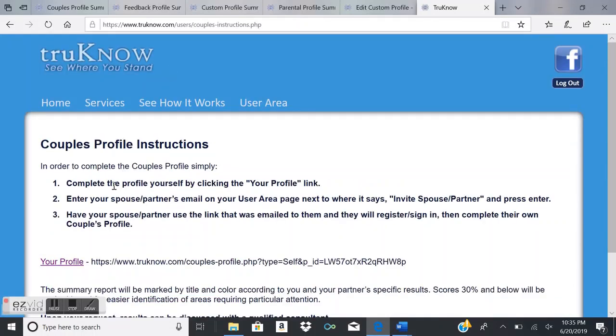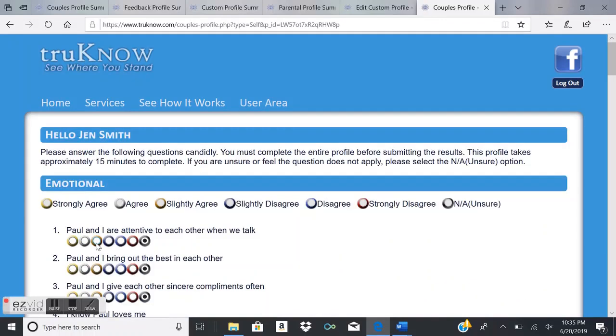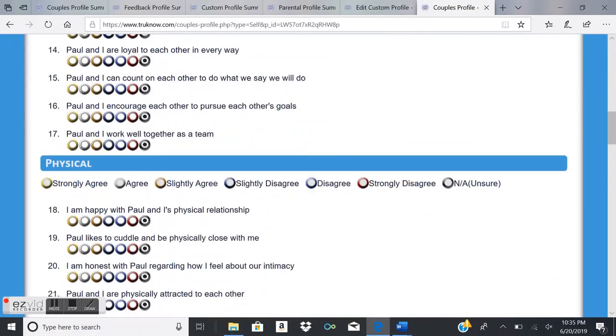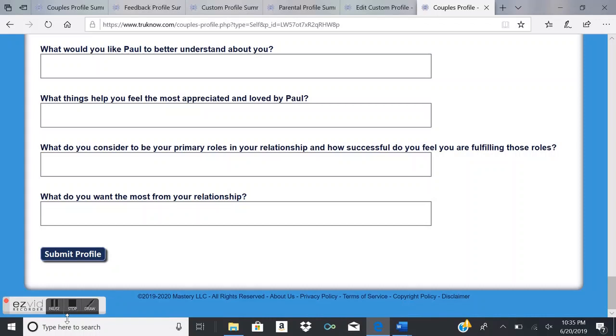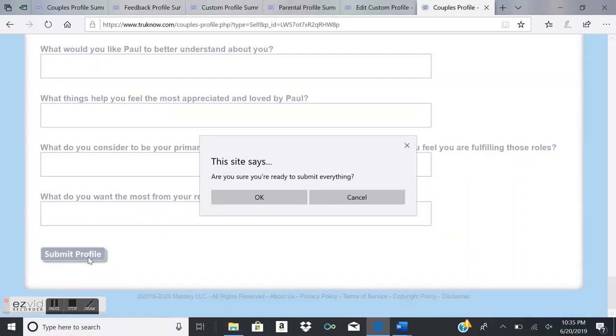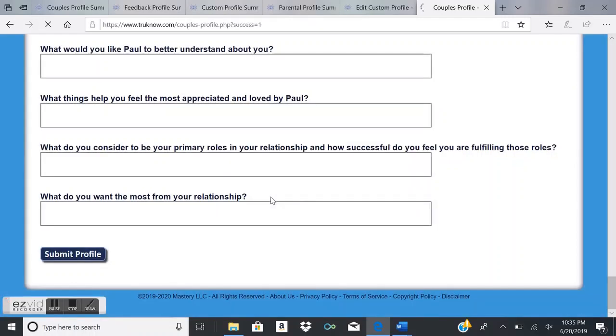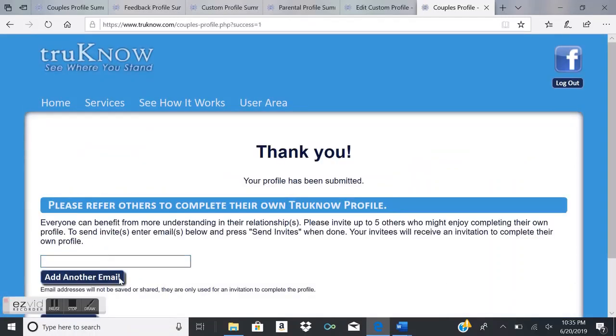So the person would log in and select that option and complete a sort of self-survey that would maybe take 5 or 10 minutes to complete. The questions are designed to really get to the core of the relationship so that you can get a visual resource that shows where the relationship stands. Once you've entered your responses, you submit your profile and then are directed to send an email invite to others